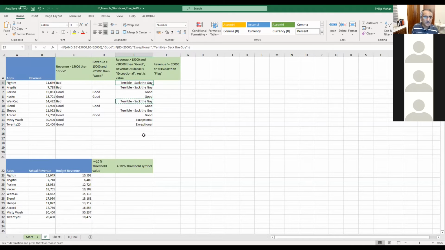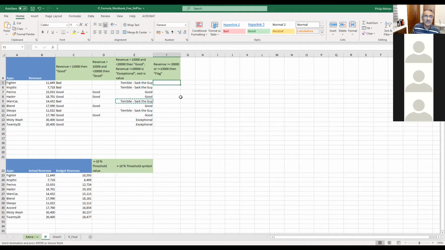So all she wants to do, meaning the lady, Sheila Garani, is just say flag if it's between these. If it's above 20,000 or less than 15,000, she wants to say flag. So what she can do is we start with if. If this is the figure that we want to do a validation on, if it's greater than or equal to, you can say this condition, 20,000.